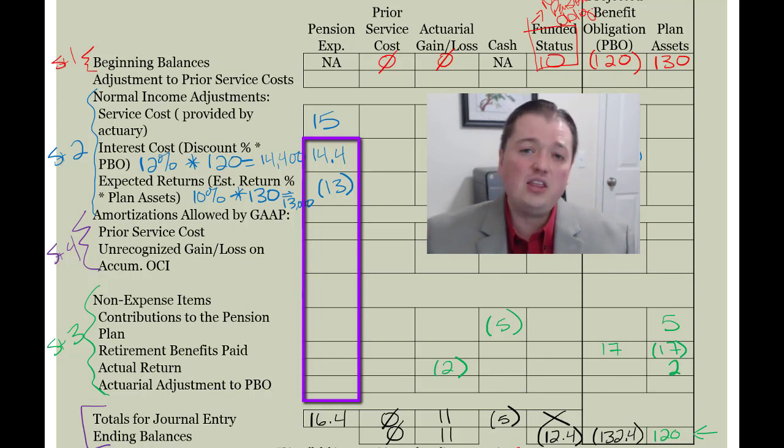Sometimes, though, because of either our expected return being really high, or because we've got some amortization that we'll talk about later going on that gives us a credit balance, we'll end up showing a credit or a negative value in this column, taking out the service cost. And that will give us a benefit, a net pension benefit, a gain, or not really a revenue with money coming in, but just a reduction in our total costs for the period. And so again, it will still go in our other gains and losses section, but it can show up as